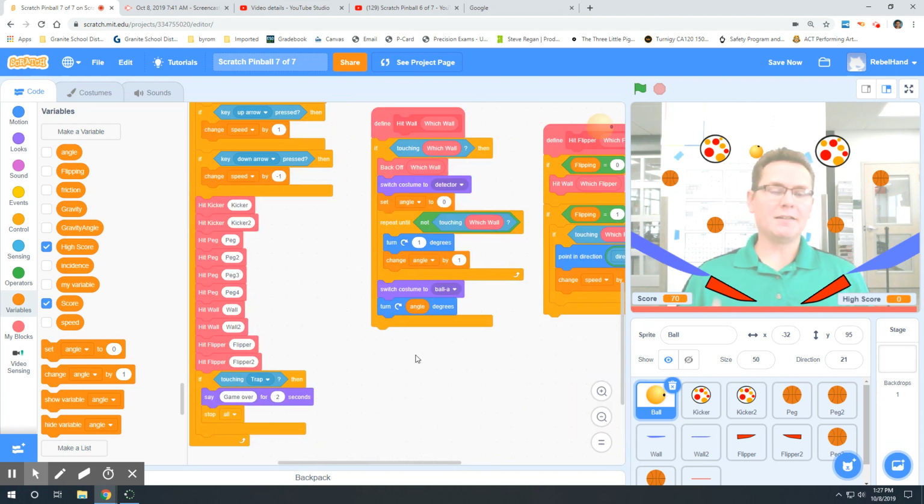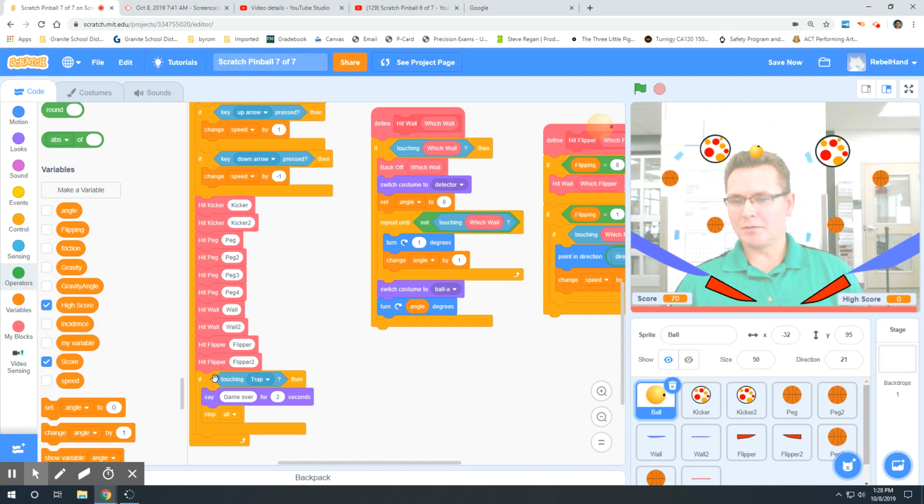You'd have to say if score is greater than high score, then set high score to the score. Does that make sense? So if the score ever gets above whatever the high score was, put the high score to it. Okay. All right, let's actually control that. If,